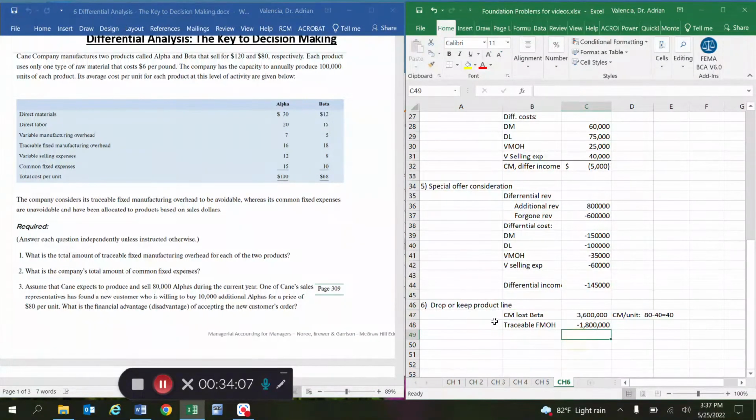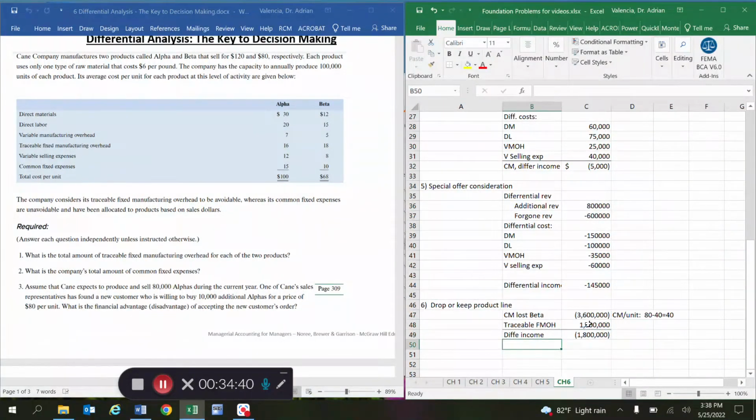Okay, so I could model this one as a negative because this is what we're losing, right? And then I'm going to model this one as positive because this is the part that we can get rid of. This is a cost that we would be able to get rid of. That's a good thing if we get rid of the product line. So either way, it doesn't matter how you do the positives or negatives. What I understand from this is that my profit would go down. My differential income would go down by this amount,